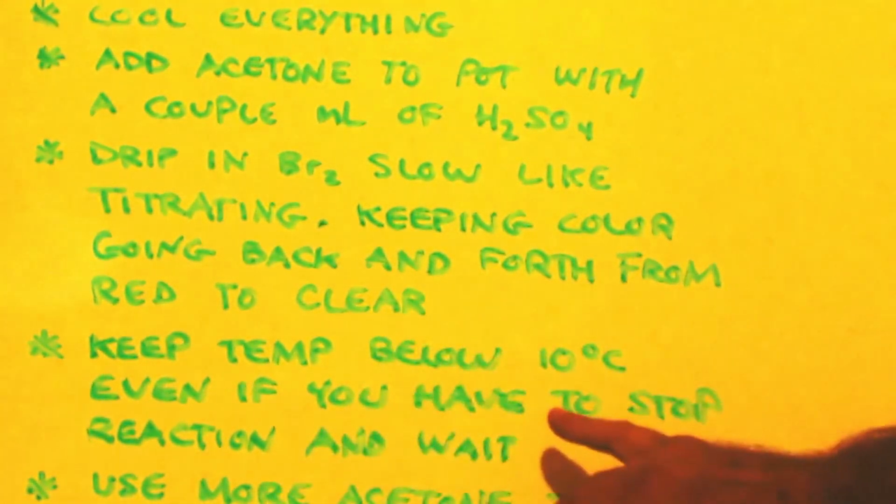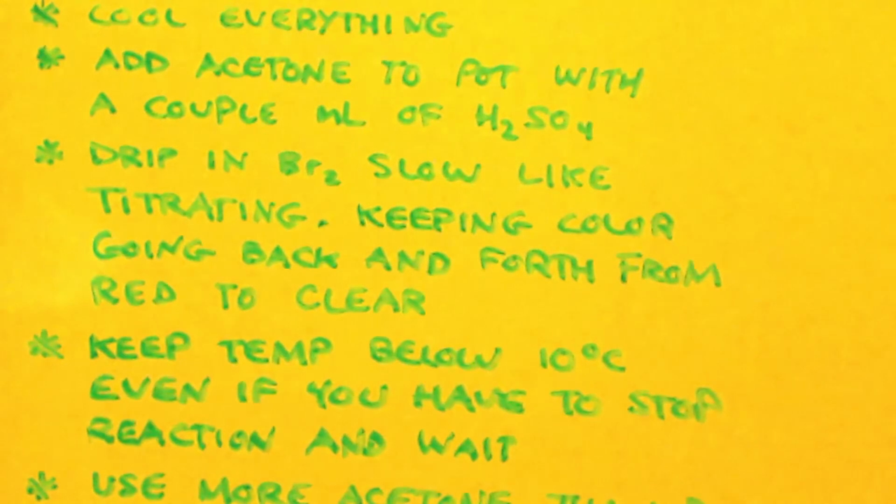Like I said, keep it below 10 Celsius. Even if you have to stop the reaction. Let's say your reaction's getting to 10 degrees Celsius, then you stop putting the bromine in. You wait for the pot to cool back down. This is a 1-to-1 ratio on the bromine and the acetone, but I would probably put in more acetone than bromine. The reason why is because the bromine can only attach one time